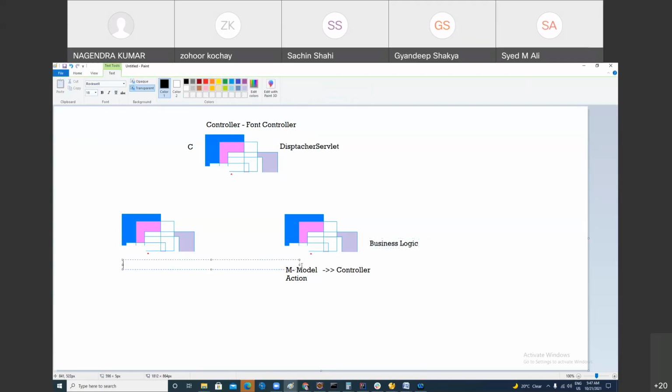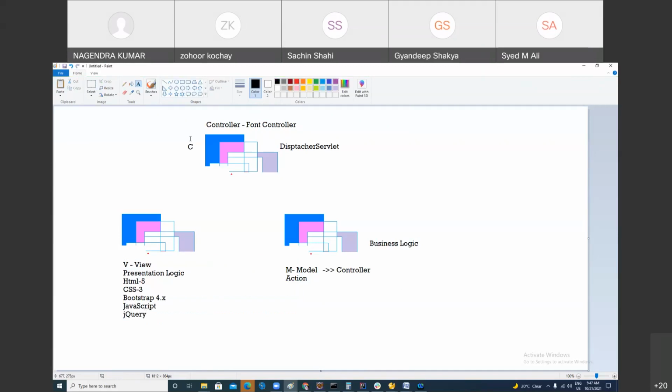And V stands for view. View means presentation logic. You confused? No. In this, you can write your HTML, CSS, HTML5, CSS3, Bootstrap 4. These are the versions. And JavaScript, jQuery. I'll teach you all those things, okay? I like front end. So when you make a request from the front end, first of all, it will